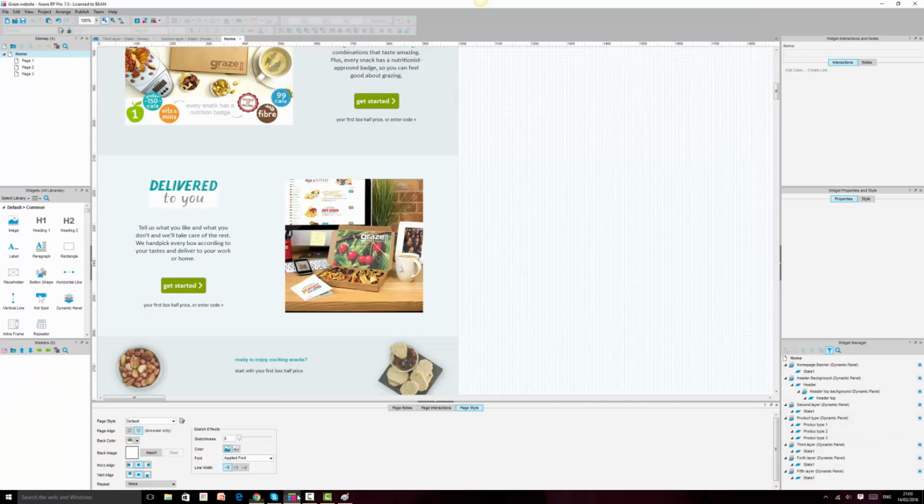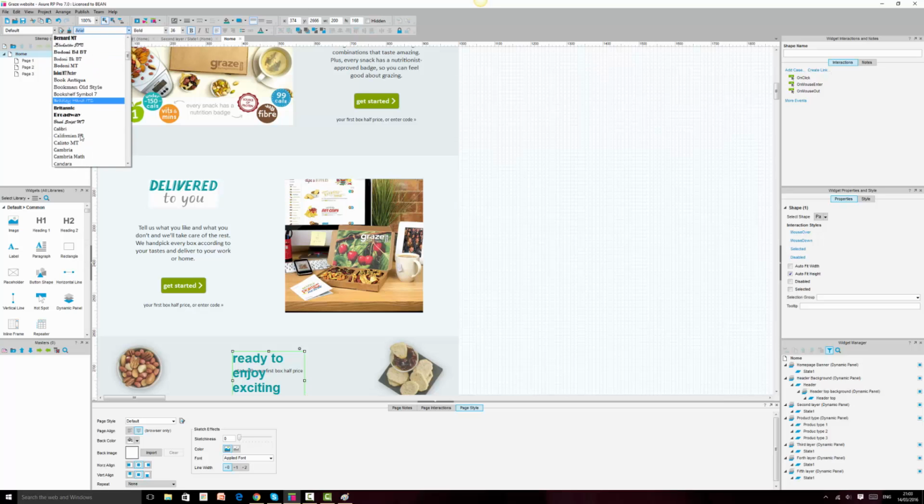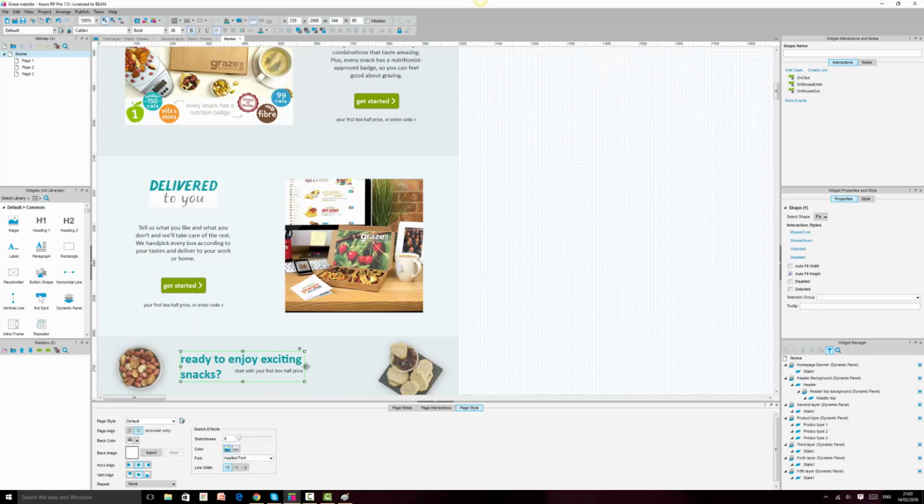The font size is 36, so we're going to make this, let's separate this. We're going to make this 36, and we're going to change it as well and make it a bit